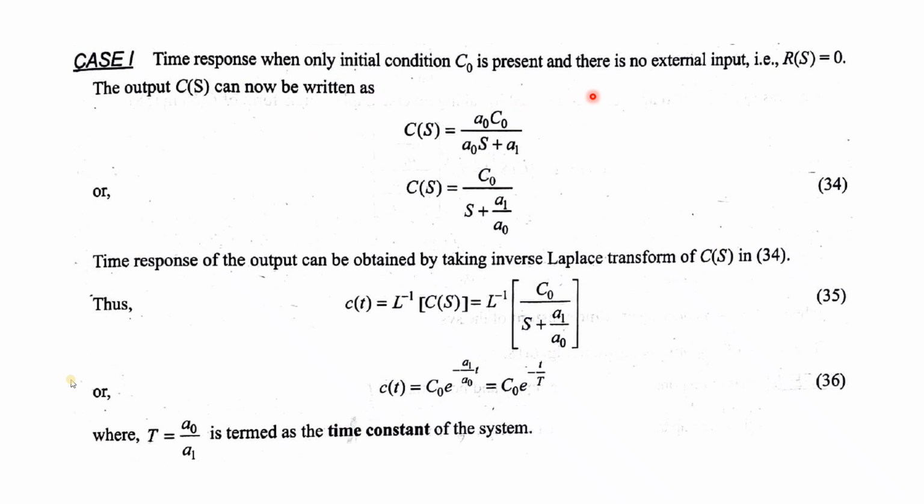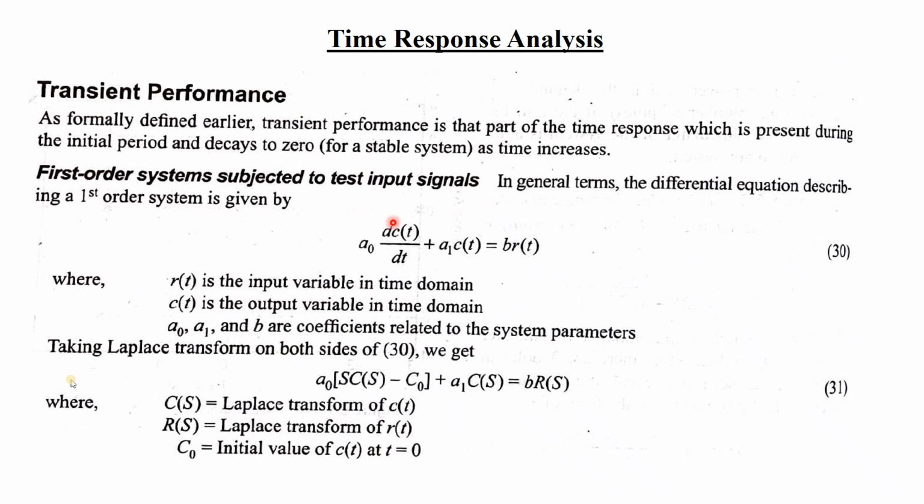So Cs will be equal to A0 C0 by A0 S plus 1. Okay, only the initial condition is there. Then for Cs, we have to solve this. Cs becomes C0 by S plus A by C0. This is the output. Now, since our system is in time domain, because our machine is operating with respect to